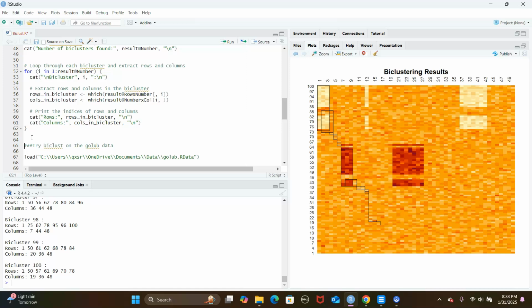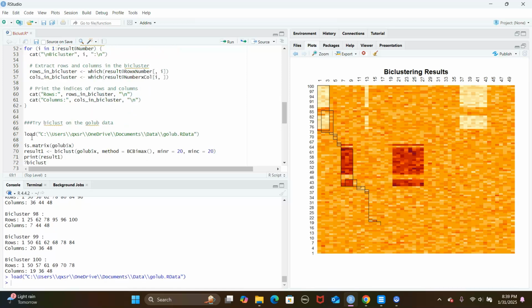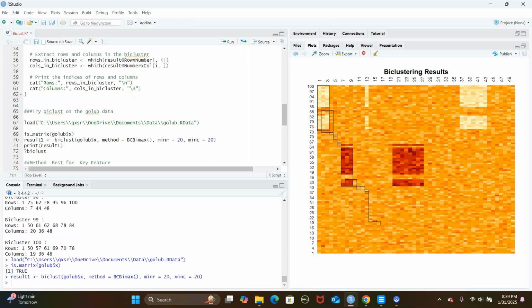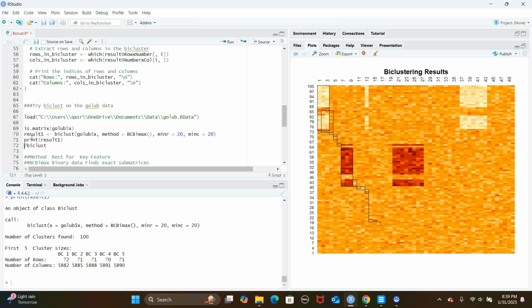Okay. After this demo, I tried to use biclustering on gene expression data, the Golub cancer gene expression data. Load it in, and let me try that. It's a data matrix. And then I just used biclust with the method BCBimax, and I printed it out. And also it tells me